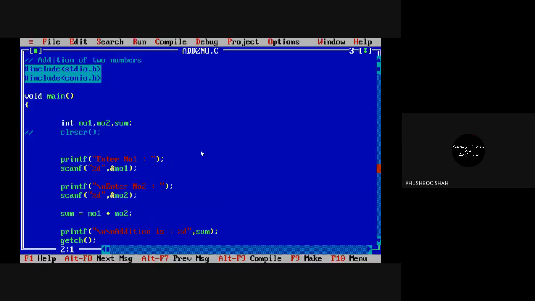It means it is not clearing the screen, right? I need a clear output screen, and for it we use CLR-SCR. Also, if you have noticed, when you put this slash before any instruction, it becomes a sky blue color, which means the compiler will not execute this line.